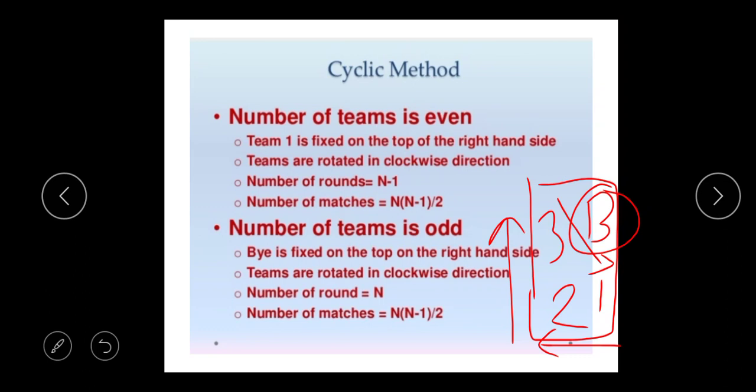It's clear, beta? Then the number of matches is 3 times (3 minus 1) upon 2. 3 minus 1 is 2, 3 twos are 6, 6 upon 2 is 3. Total, it's 3 matches in that picture. Clear beta? Understood beta? Next,